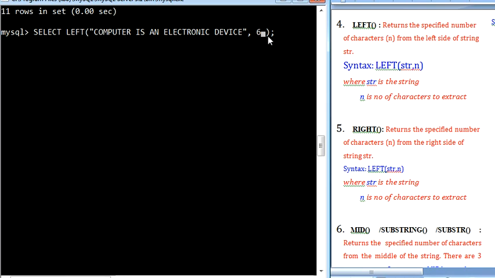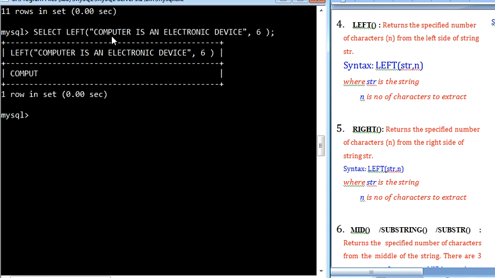In this case we are giving 6 as the number of characters, so the 6 characters from your leftmost side it will take and display: 1, 2, 3, 4, 5, 6. From C to T it will extract the data and show it as a result. Total 6 characters from the leftmost side it will fetch and display.